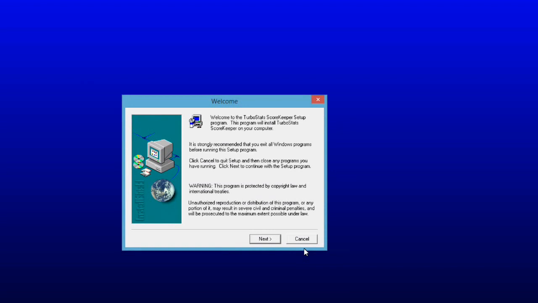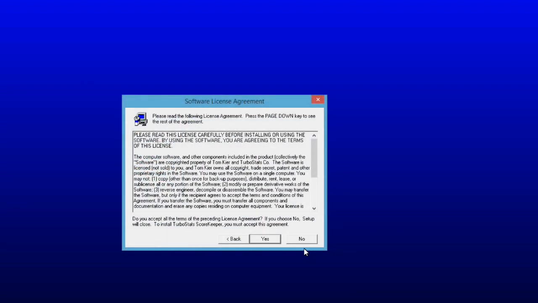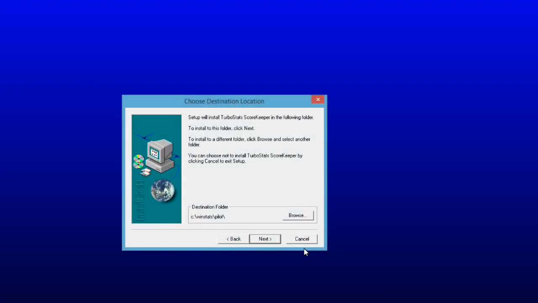And a big blue screen should appear, and in the top left corner it should say TurboStats ScoreKeeper 7.1b Setup. Now we want to click Next, click Yes, click Next,